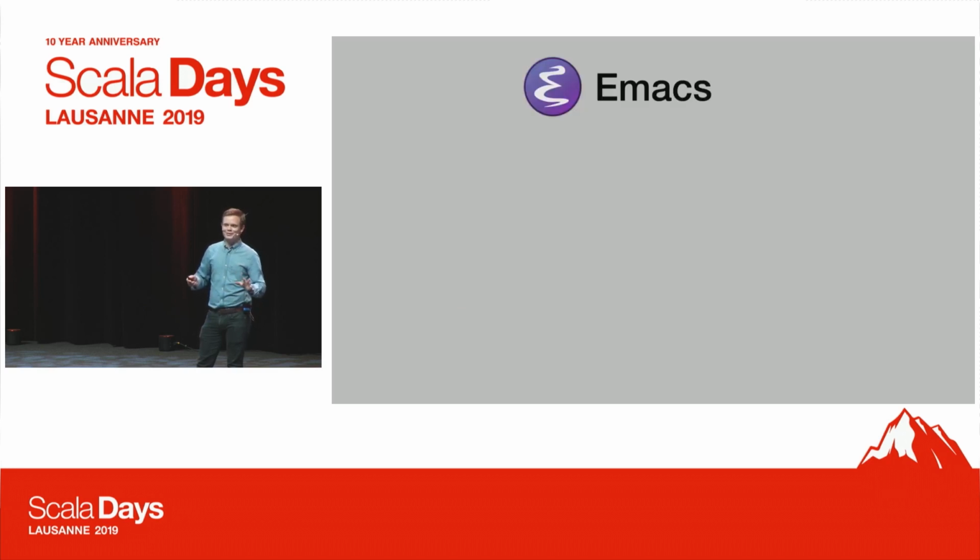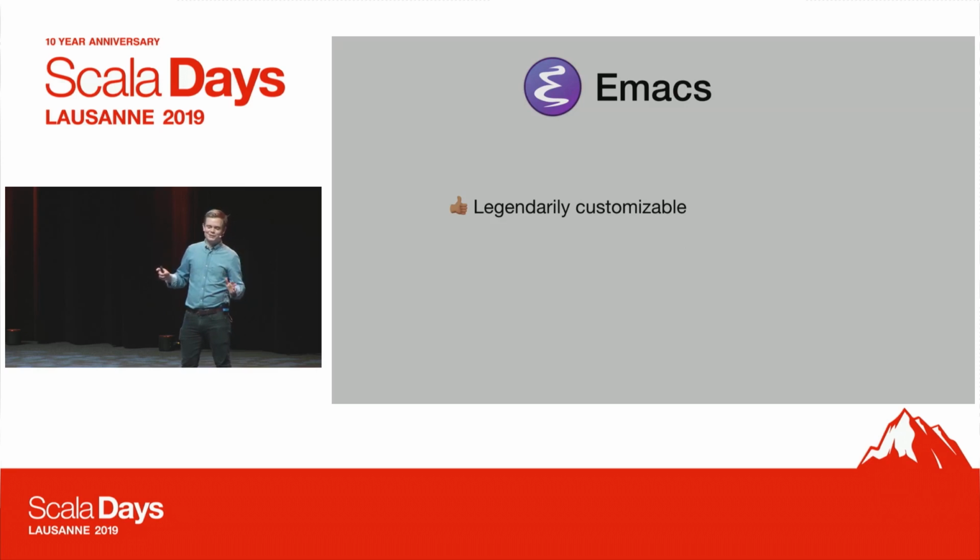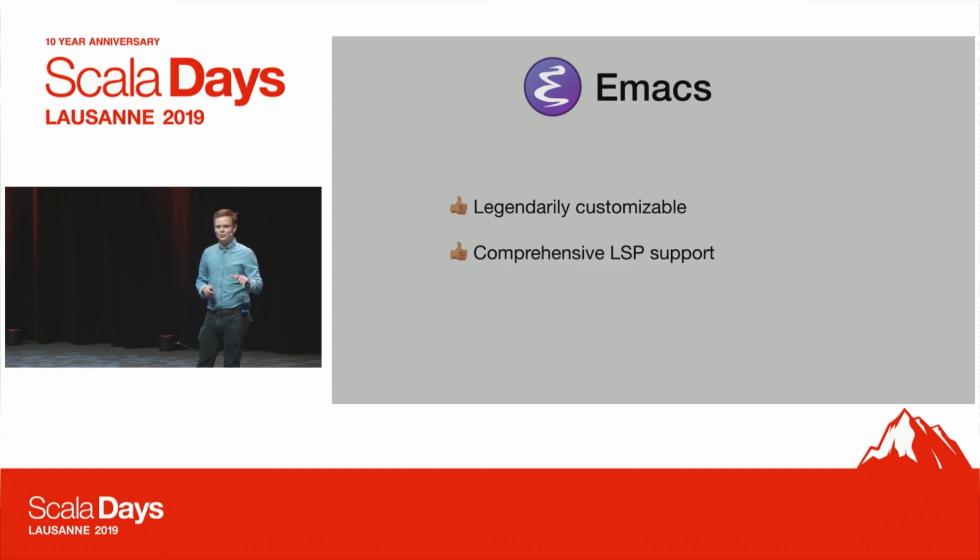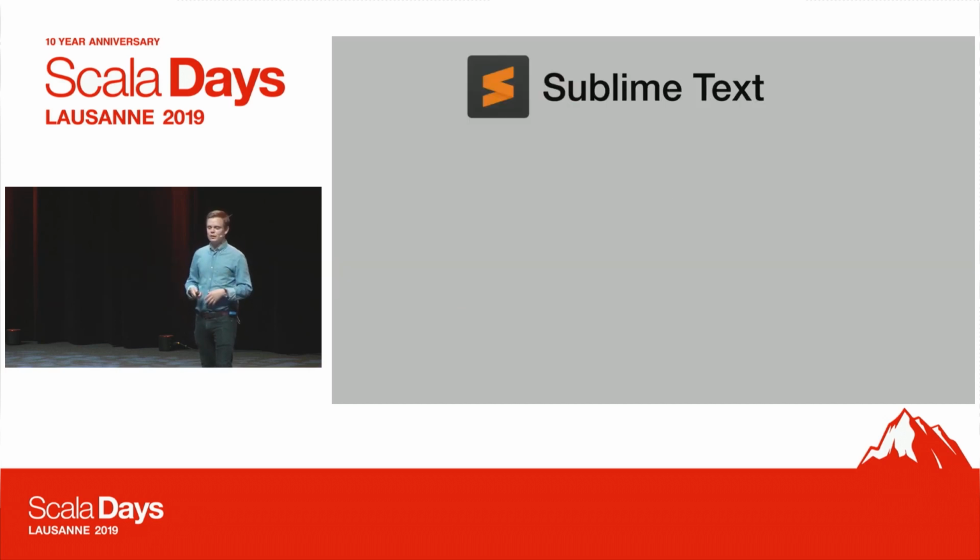Emacs, I don't know much about, so don't shoot me. But it seems to be legendarily customizable. And it also, not the case a year ago, but it has today comprehensive LSP support, which is just fantastic. And it supports pretty much all of the features that we support in Metals, including the advanced parts around completions. And I would say it's the same issue as Vim, but probably someone's going to say, no, that's not the case, you just need another plugin. But if you want to have a non-blocking UI widget to do imports, it's kind of invasive.